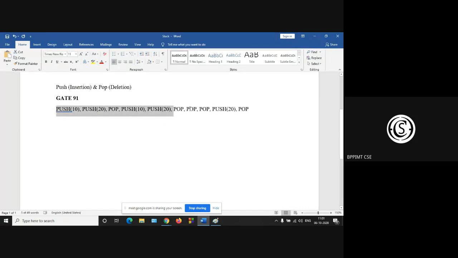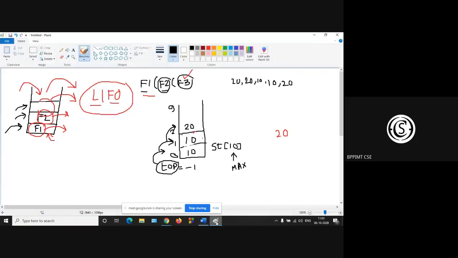Next 3 times pop. So this will be deleted: 20, 20. Next this will be deleted: 20, 20, 10. Next this will be deleted: 20, 20, 10, 10.